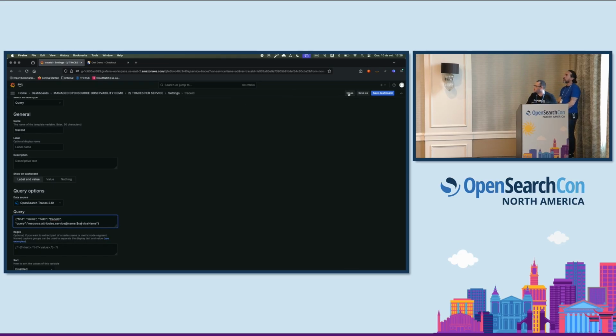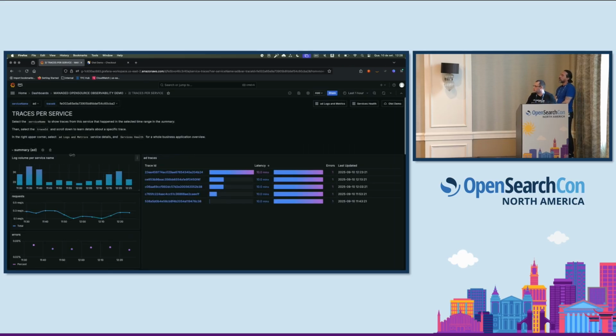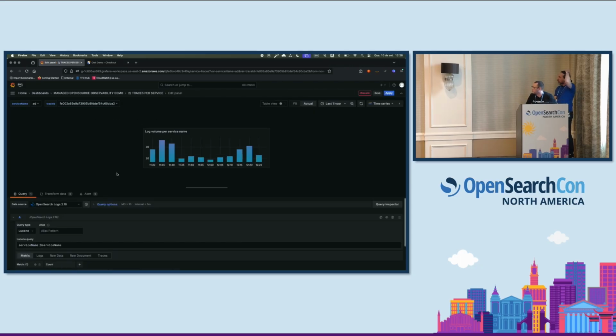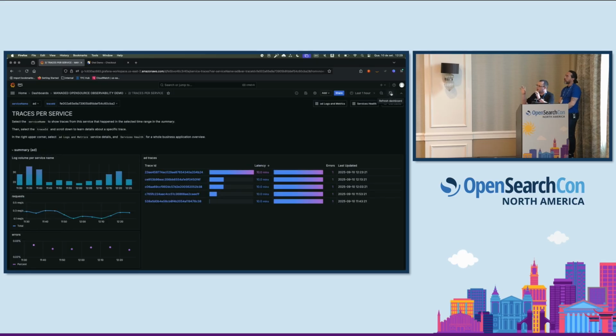So the way I use these variables in the dashboard is, for example, in this logs visualization here, I will send a query where I'm filtering by the service name, the Prometheus variable service name. So again, I'm using the Prometheus variable to filter the values of an OpenSearch query. So this is how correlation works at dashboard level, okay? And